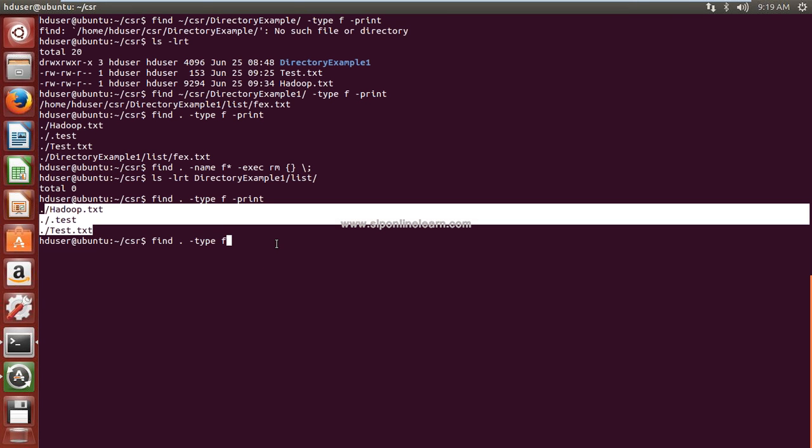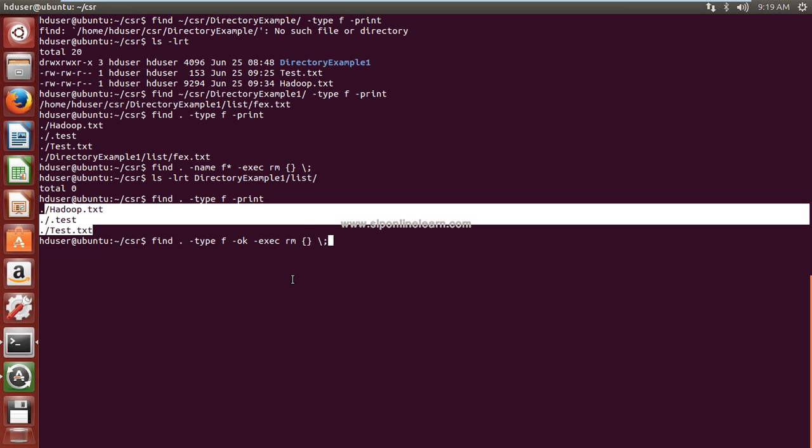Here I am using one more parameter, that is -ok. What it will do, we will see. Now I am going to execute some command, that is the remove command. I want to delete all these files. So rm {} \;